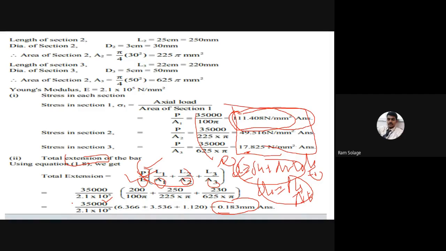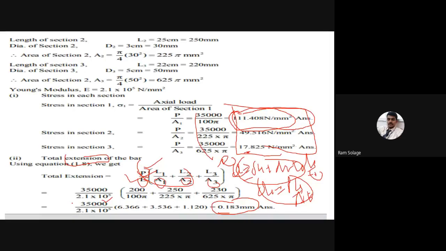I think a number of students have solved this problem. Any problems from type number 2? It is a very simple type. Any problems, please ask me. Hello? Any problem? Or shall I take the second problem? Sir, second problem. Okay, very good.